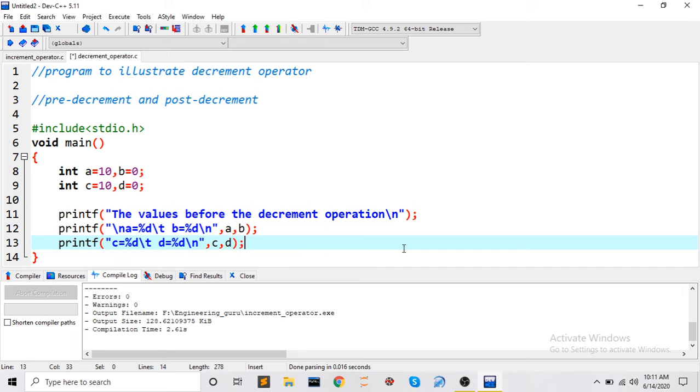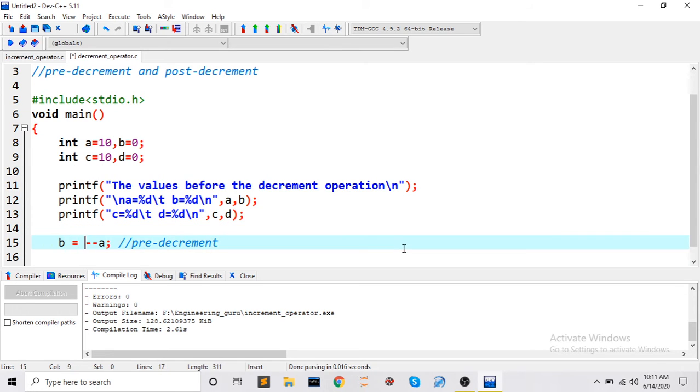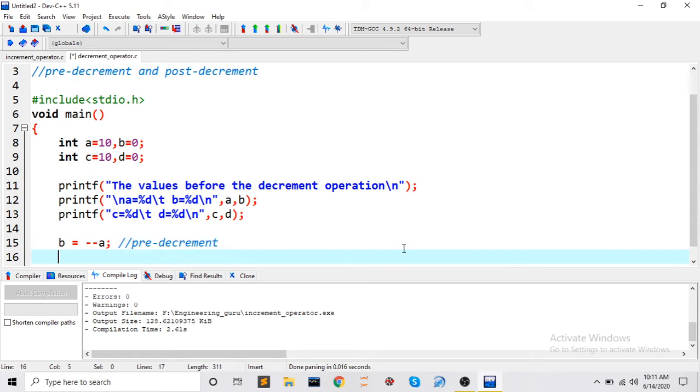So we have initialized the values and printed them also. Now we have to do the operation. How can we do the pre-decrement operation? I write it like this: this is pre-decrement. As you can see here, this is the decrement operator, and it is before the operand, so it is pre-decrement.